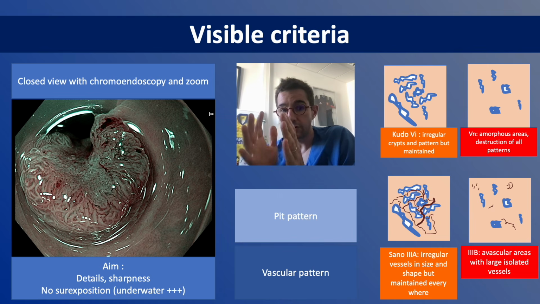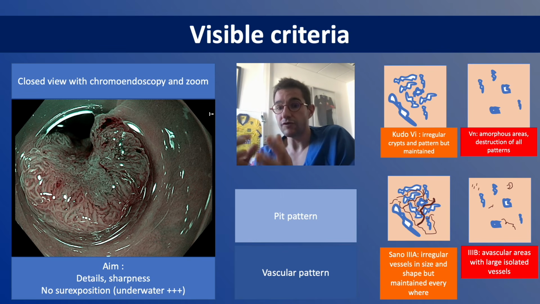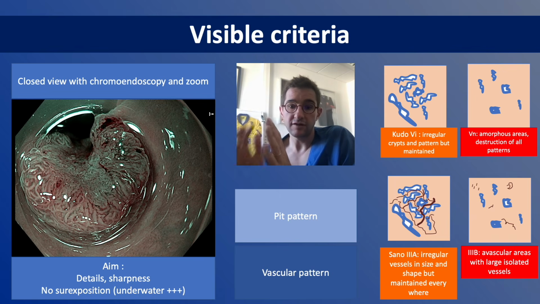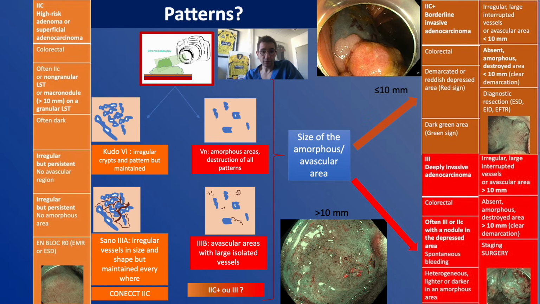Or if you have an amorphous area with destruction of all the patterns and an avascular area with destruction of all the vessels, with only large vessels coming but no organization. And finally, you will have this. If you have an irregular remaining pattern, you are more in the adenomas with high risk of T1 cancer or shallow T1 cancers. And if you have amorphous areas, avascular areas, Sano 3B, Kudo 5N or GNET 3, if